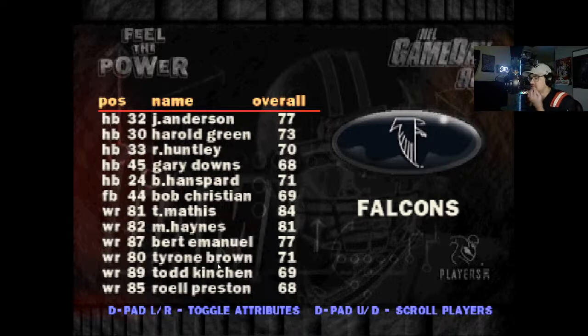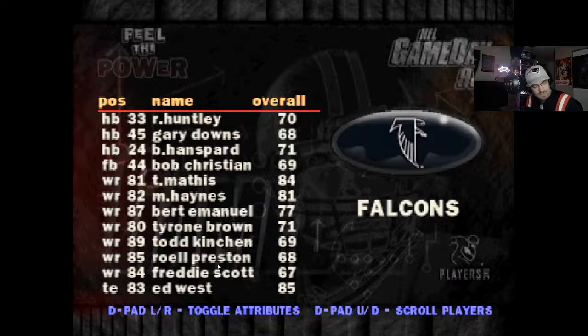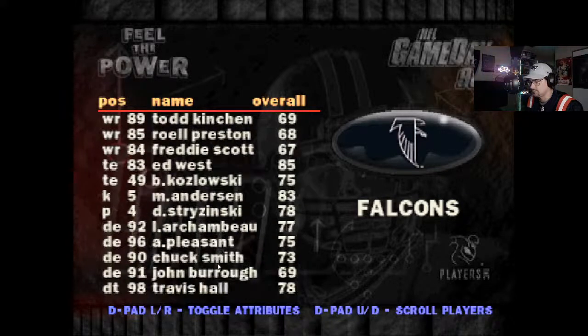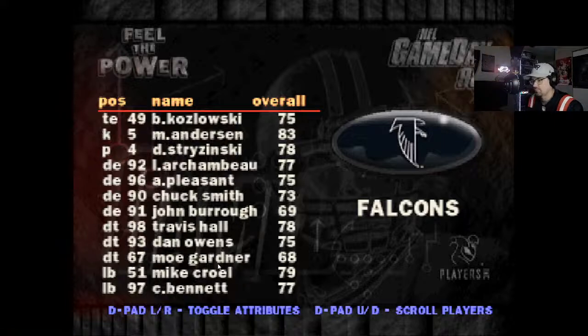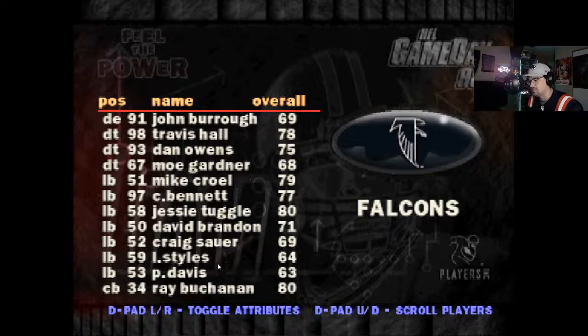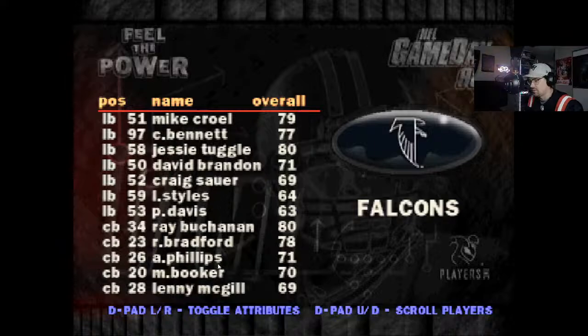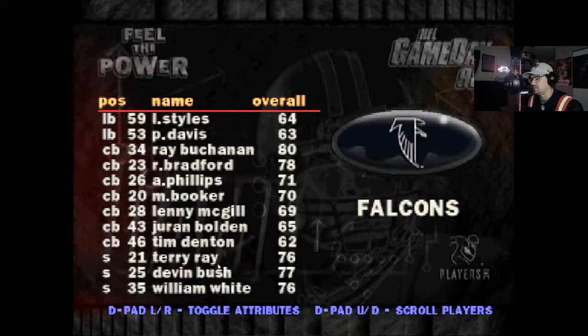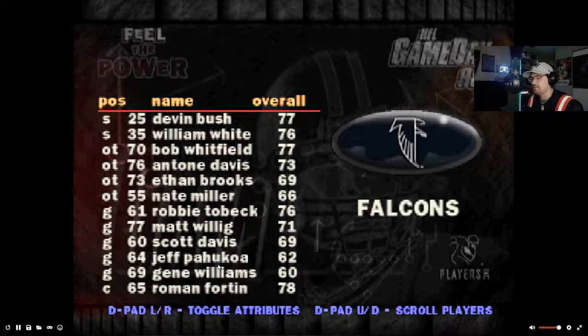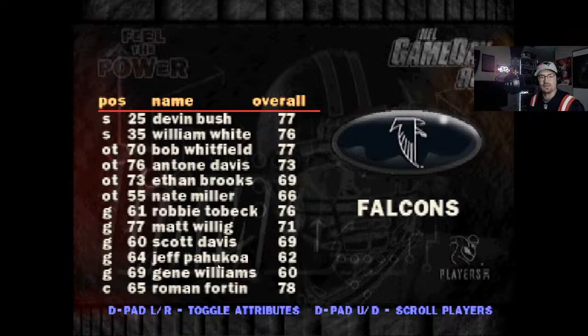But this team is not loaded. They were not special, but they somehow managed to eke out, I believe, the 7 wins. So this team must have been good enough. Let's see here. I'm getting all sorts of notifications. This team is not loaded at all. There is nobody on here of any name recognition. They've got players in the 60s. Yeah, this might have been a young team at the time, just needing that one extra year.